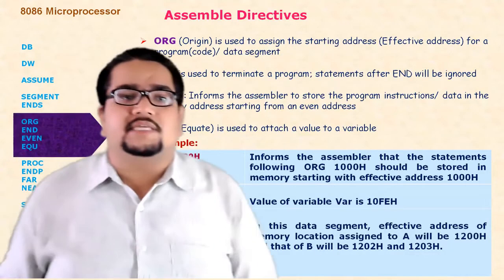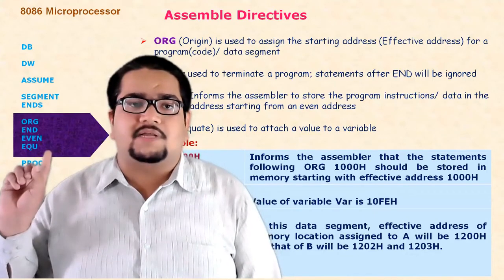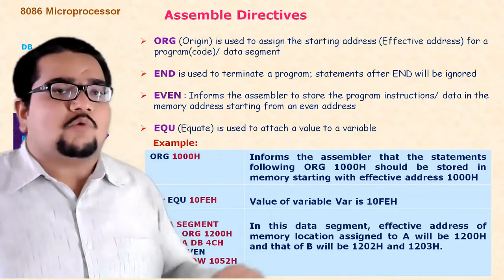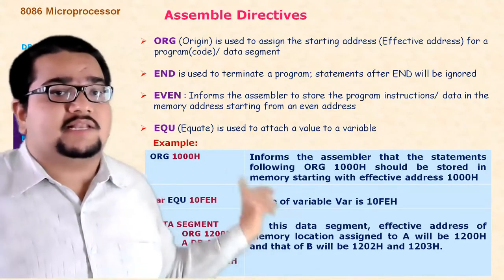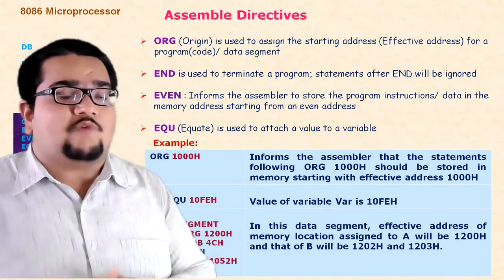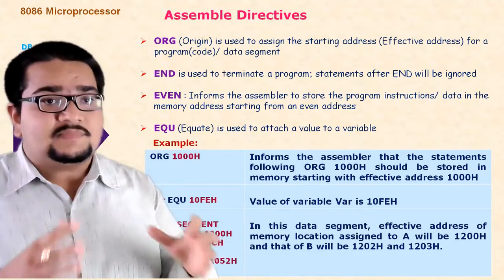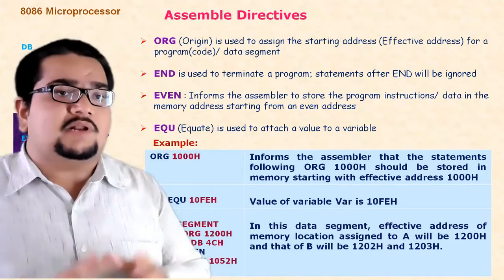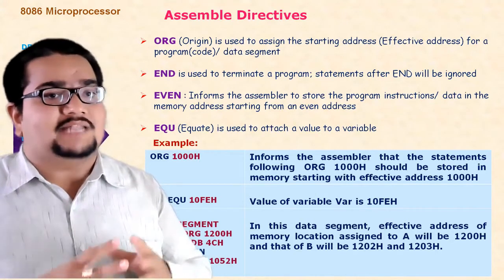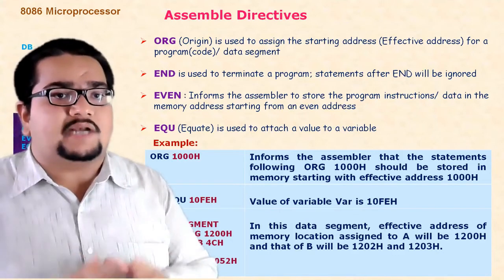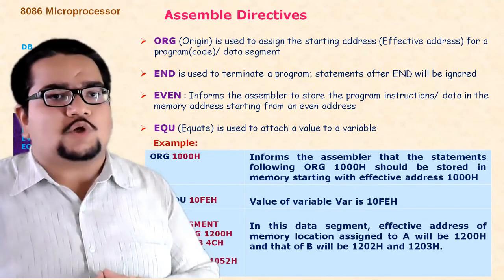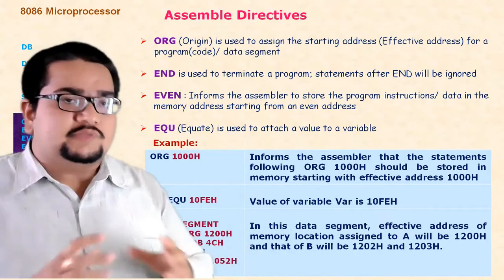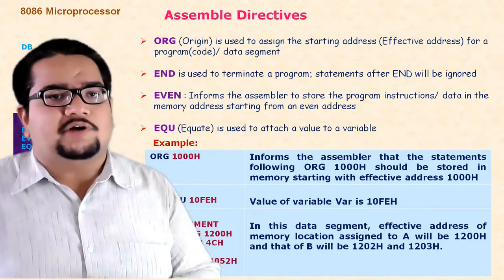So next you can see, we are discussing 4 assembly directives: ORG, END, EVEN, and EQU. So what are these? ORG, as I said earlier, you can also check in the example. It can be written followed by a 16-bit displacement number. That 16-bit displacement number, whatever you write, becomes the effective address of that particular instruction or data which you write in that segment. Obviously, if it is a code segment, what you write in the code segment will be the instructions. So the effective address of the code segment will be initiated at this particular point when you write ORG into it. So this effective address will be pointed to by the instruction pointer in that case.